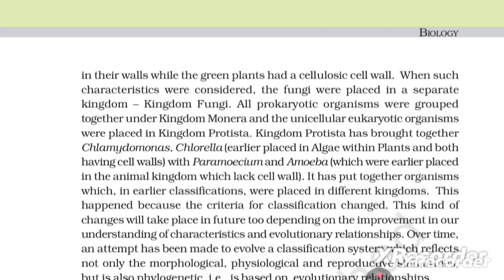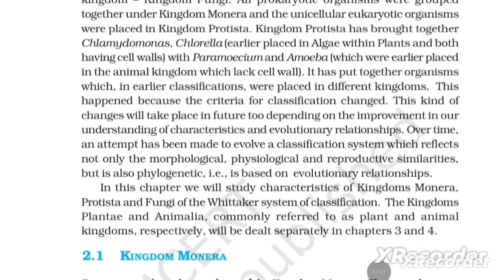The kingdom Protista had brought together Chlamydomonas and Chlorella, earlier placed in algae within plants and both having a cell wall, with Paramecium and Amoeba, which were earlier placed in the animal kingdom and lack a cell wall. It has put together organisms which in early classification were placed in different kingdoms. Such changes will take place in future too, depending on the improvement in our understanding of characteristics and